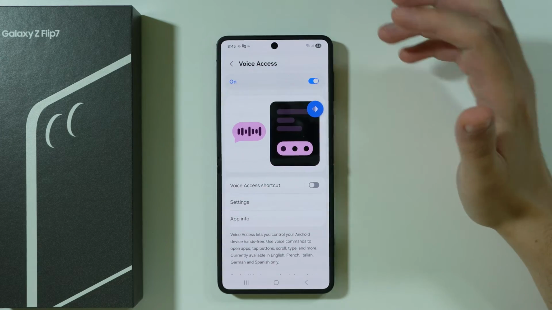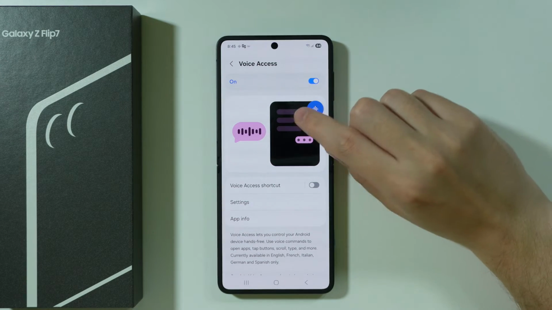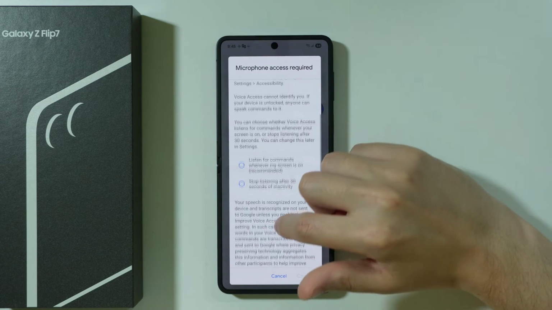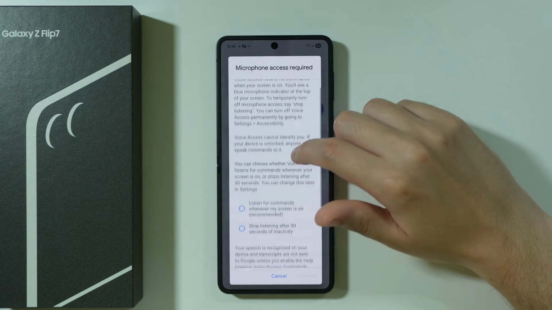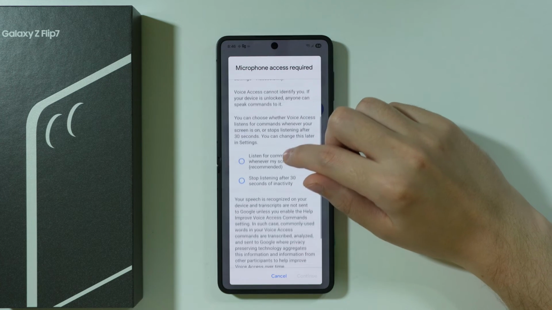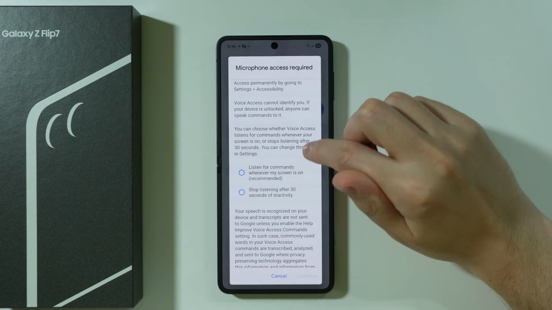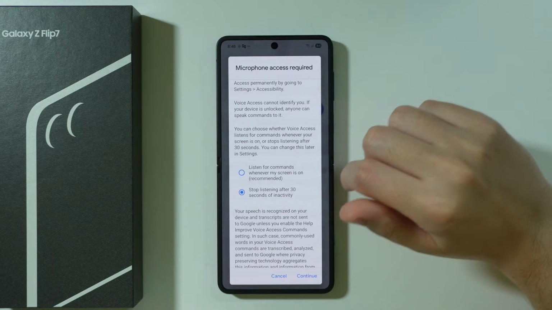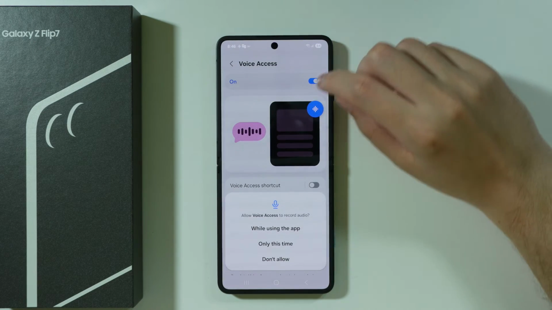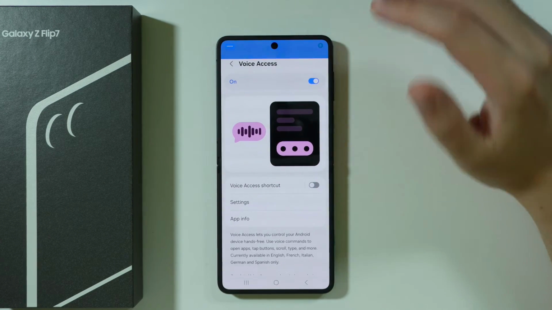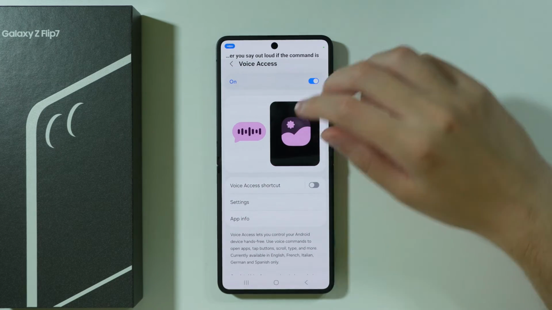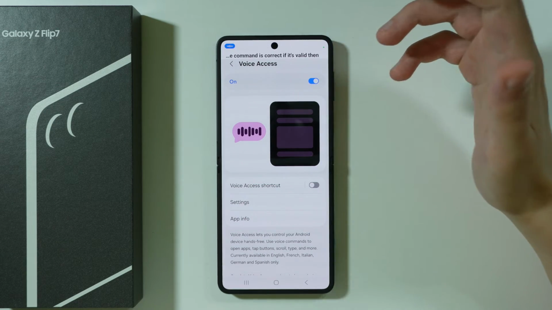So if you want voice access to start listening, in this case, you can tap on this button. If you go over here for the first time, you will need to grant the access to the microphone. And over here we need to choose one of these two options. So I'm gonna choose Stop Listening after 30 seconds of inactivity, and let's press Continue, grant the permissions again. And now whatever you say out loud, if the command is correct, if it's valid, then it should be used